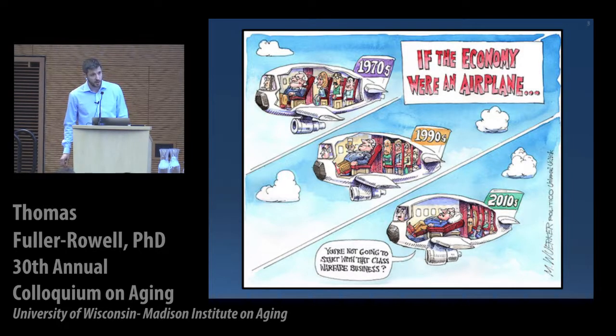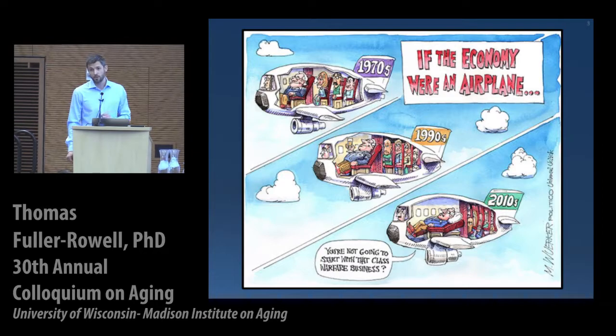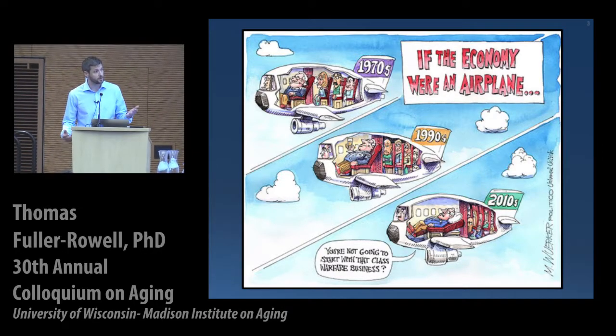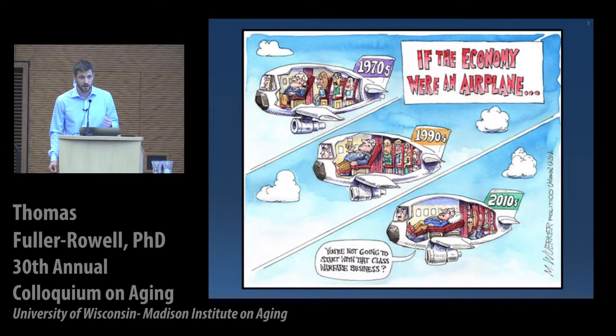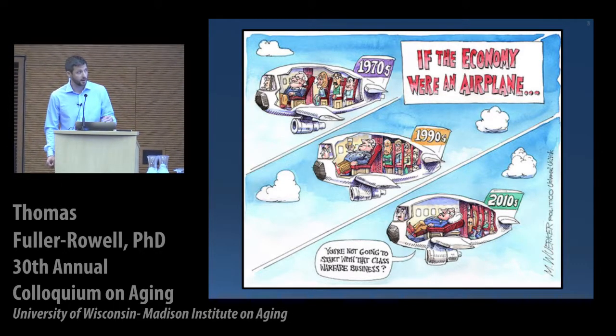So here we see a picture of an airplane depicted in this political cartoon, and the inside of the airplane is changing across time. What we see is that the front of the airplane is becoming increasingly luxurious over time, whereas the back of the airplane is becoming increasingly cramped. This may be consistent with our experience of how airplanes have changed over time, but to what extent is this consistent with the changes that we're actually seeing in the structure of our society? So let's take a little look at the data and see how this maps together.